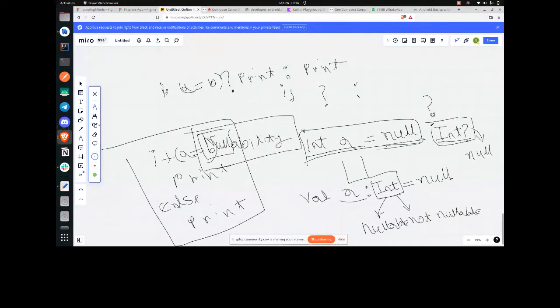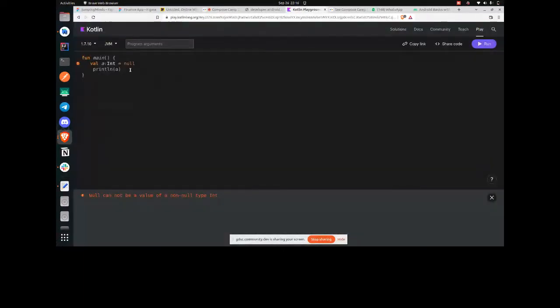is a nullable data type which supports null. And if I make a variable of this data type, then it can store null. Otherwise, if I remove that, this particular data type is not nullable, so it can't store null. So it's actually a differentiator. Okay, so now if I go to that particular IDE and give that,